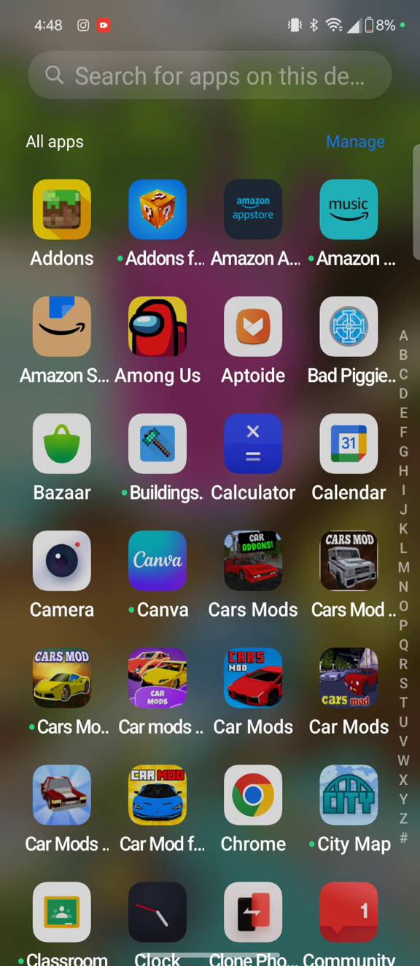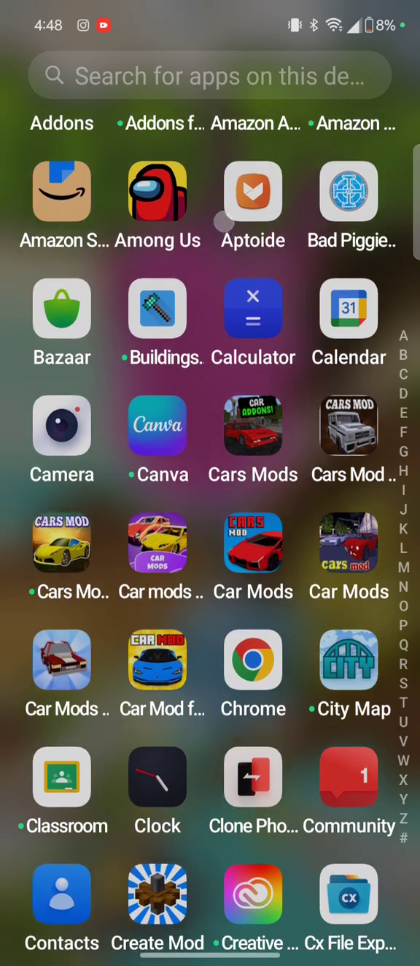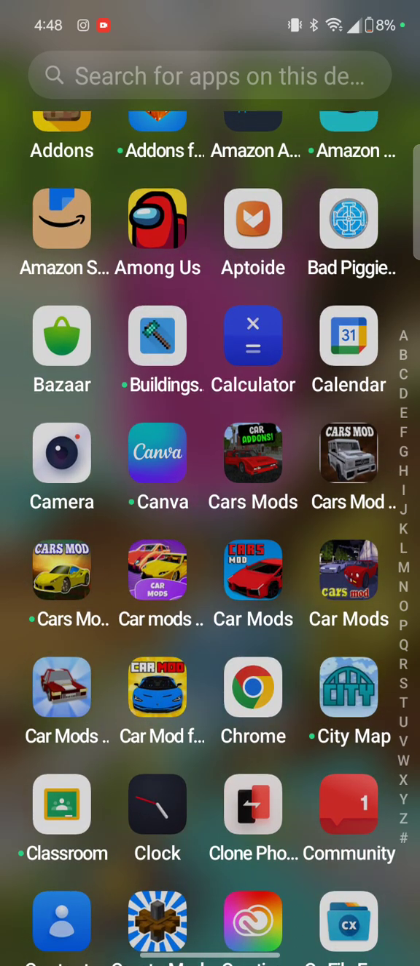So first you have to have Appetite downloaded by searching up Google Chrome and searching for the Appetite app, and you have to click in the website and download the app. It shouldn't take too long to get the app. And then once you have the app, you have to search Among Us in the